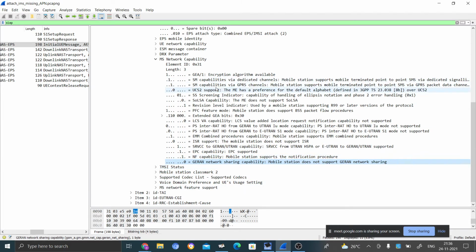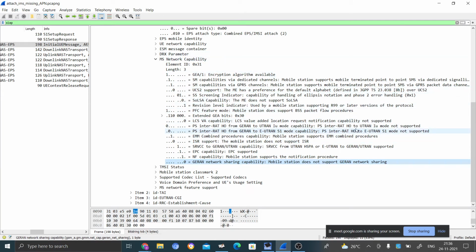So these are all the information about what the mobile capabilities are, right? What it can support, what it cannot support. So this will be stored inside the database. Then whenever it is required to execute some function, depending on these parameters only, the functionality will execute.